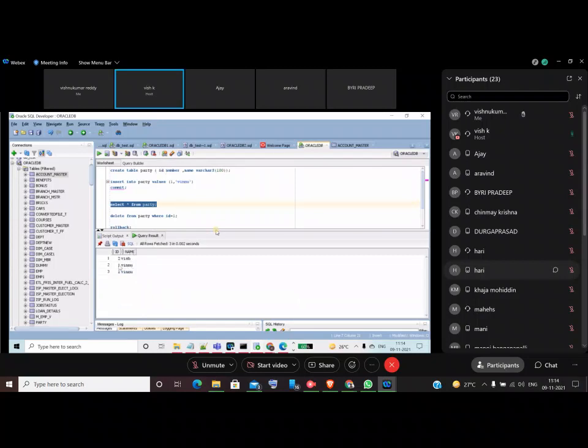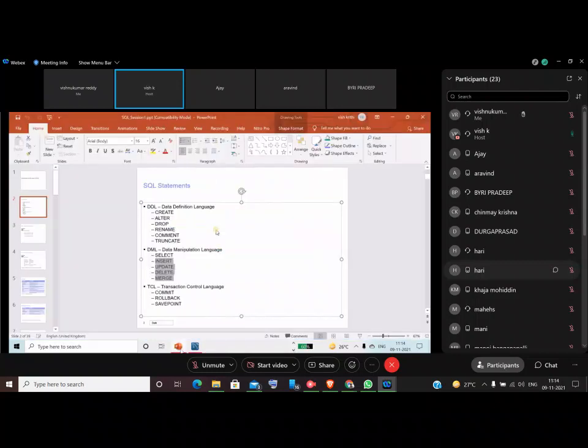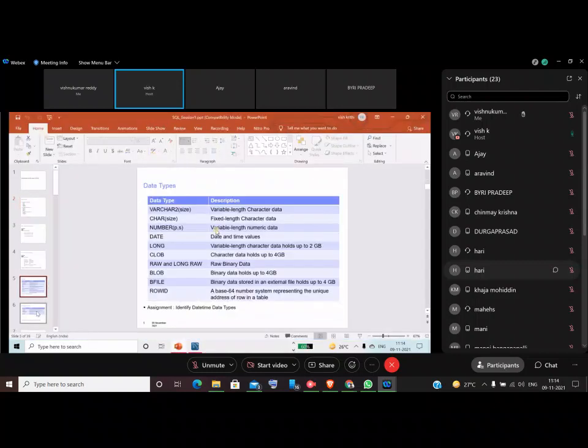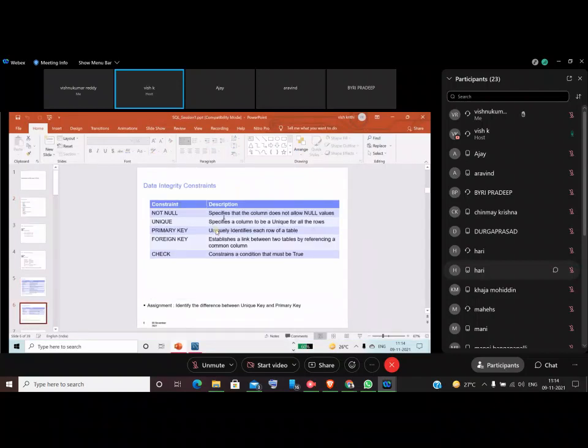So now you can see in the party table, I am able to insert the duplicates. I'm inserting duplicate data, guys. Why is the system allowing this? Because I'm not using any constraints, guys. Column level restrictions we call constraints. Yesterday I explained what constraints there are. So these are the constraints, guys.